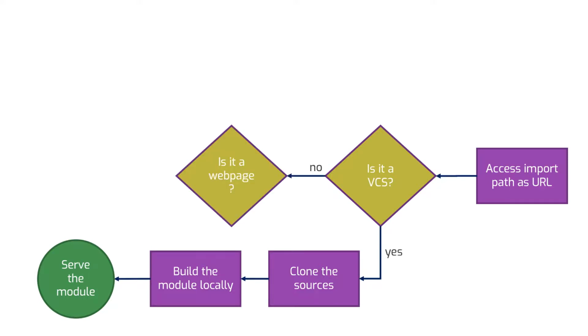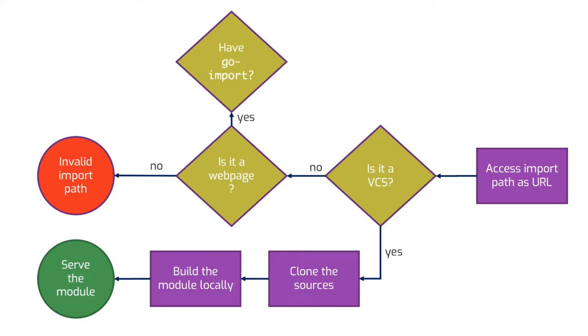Now, if it's not a version control, then we will check if it is a web page. Most of the imports will look something like github.com/something, but sometimes it will be web pages, like what's called Go Docs or Go PKG something. There are a couple of imports which are not version control. Instead, they are statically generated pages of documentation. If it's not a web page and not a version control, it's just an invalid import path. But if it is a web page, it will check if this page has a go-import meta tag